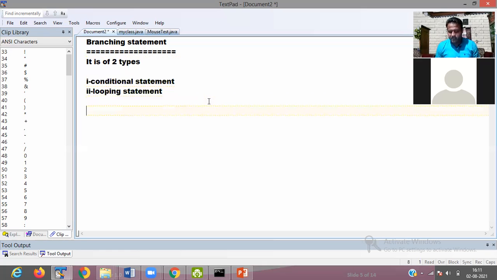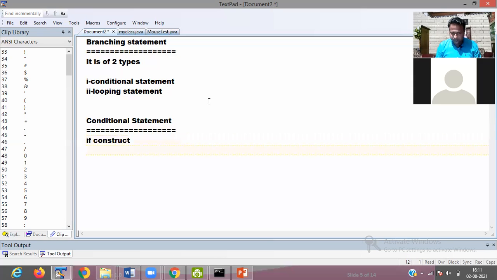So in the conditional statement, we are using the if construct, the if else construct, and another is the switch case construct.